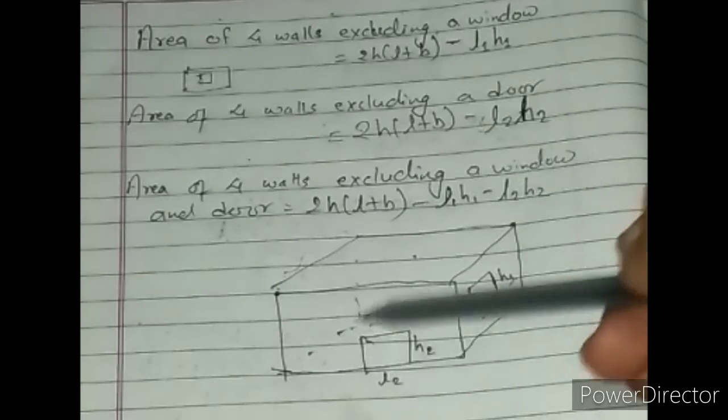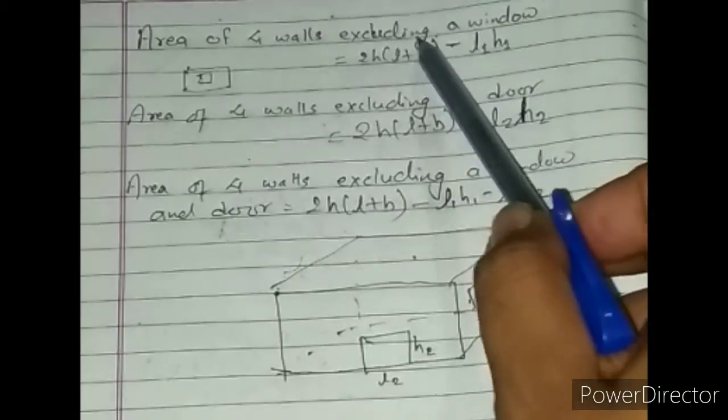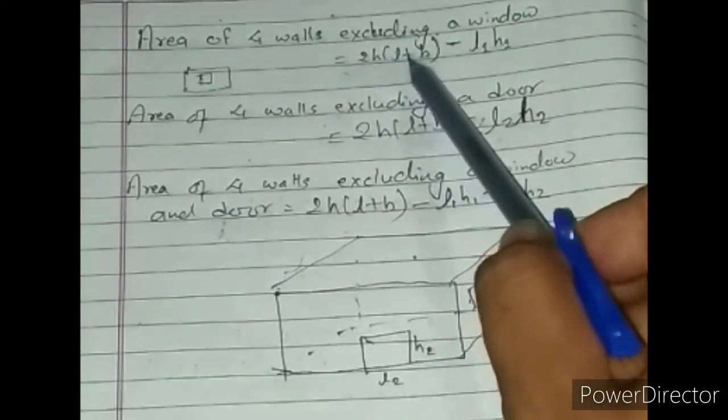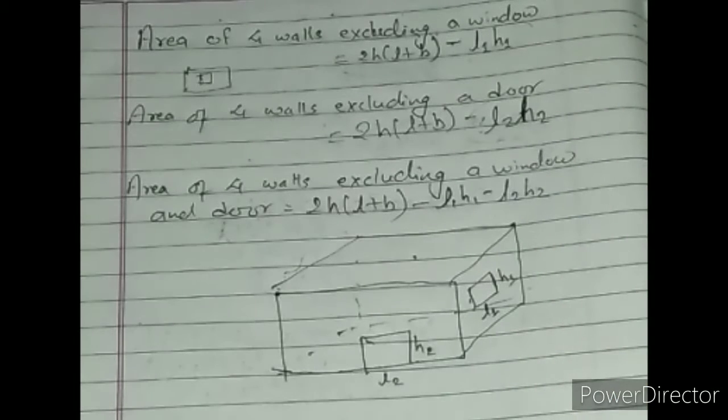Now in the case of a square based room also we can apply the same formula. For area of four walls, 4HL minus the area of window and area of door. Okay,